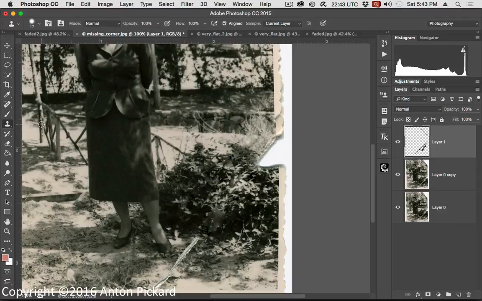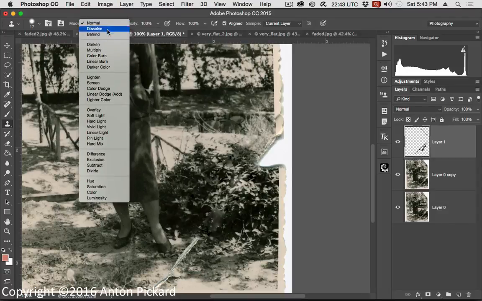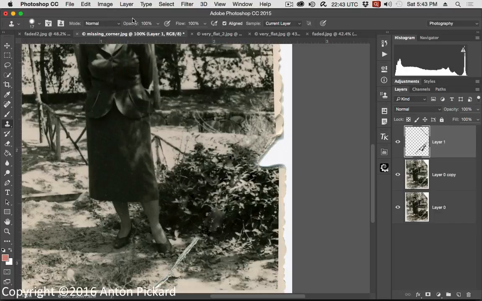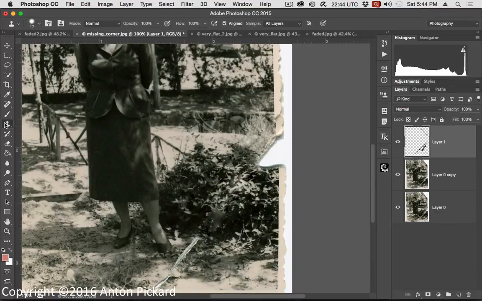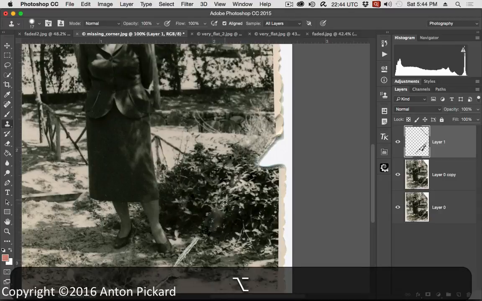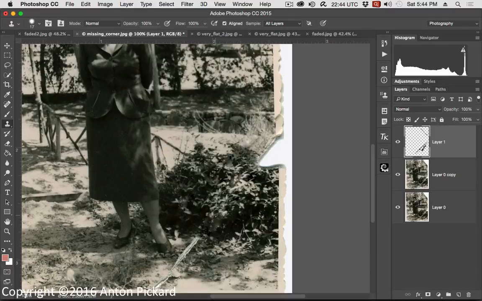So if I click on the clone stamp tool, the main thing I want to see here is, again, here are blend modes. I don't want to work with any of those. Make sure that, again, sample all layers right here is turned on, otherwise it's not going to transfer to the active layer. Again, check to make sure your layer is active. Now I'm going to again go back to clone stamp, press the option key to pick up a source, and now I'm just dabbing,